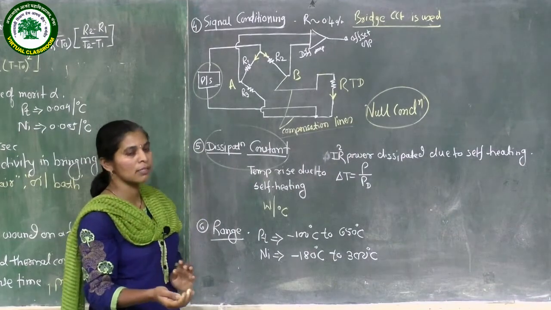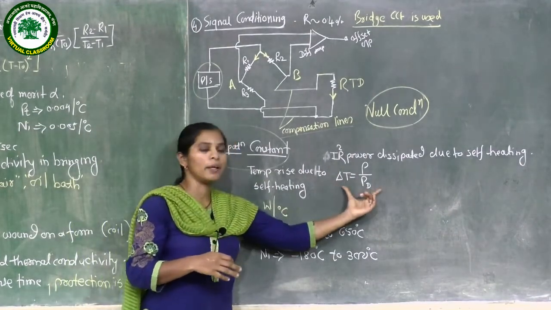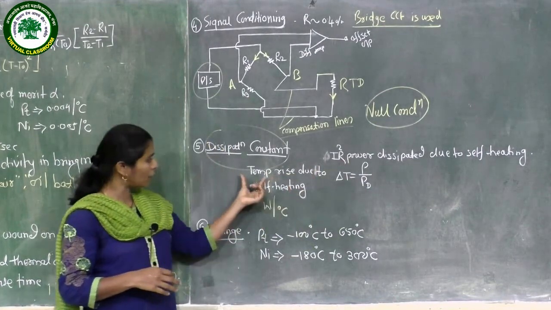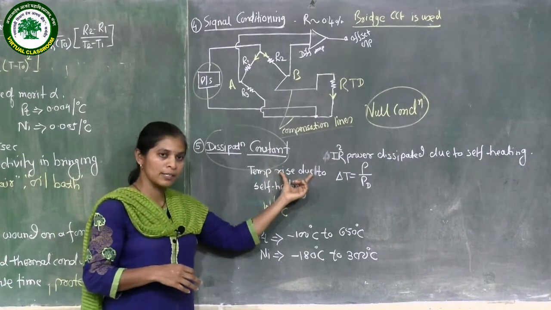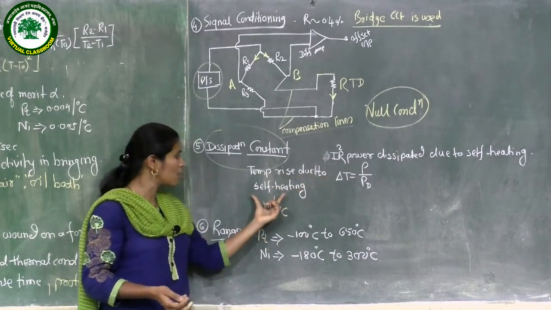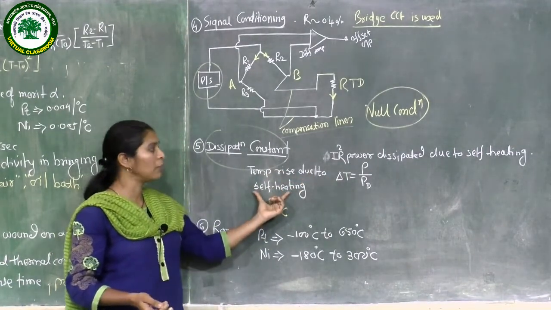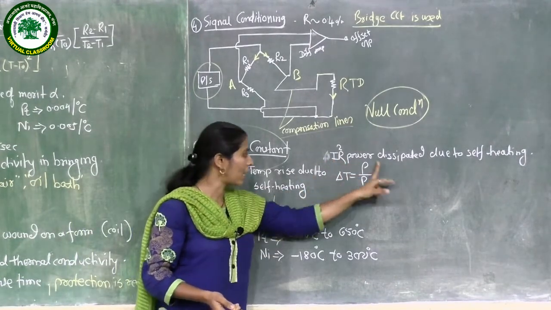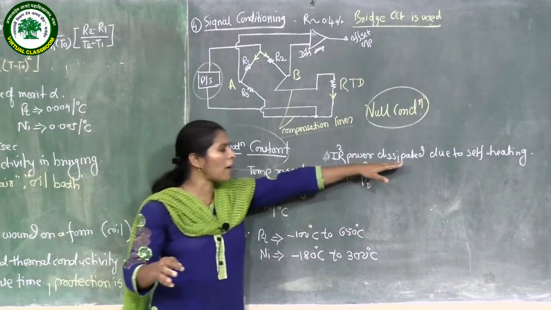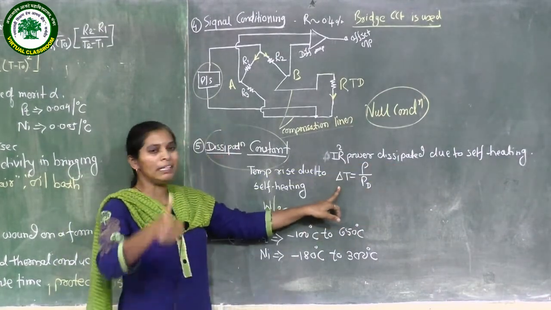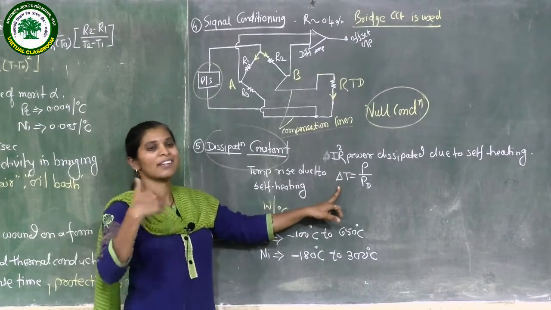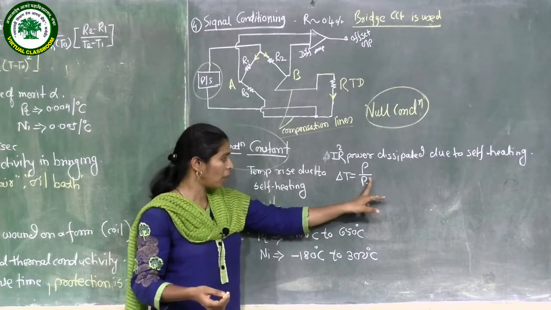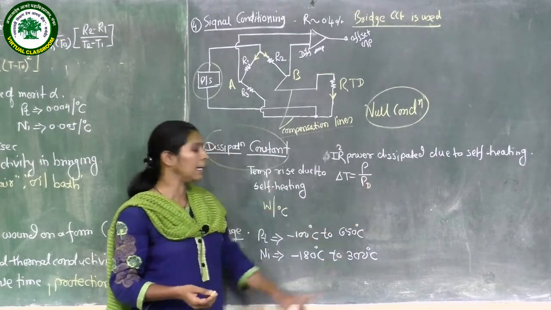So self-heating means there is an increase in temperature due to I square R. So we have written temperature rise. Why so? Because of the self-heating. Why self-heating? Because there is power dissipated, given by I square R, and therefore the power dissipated causes an unnecessary increase in temperature, which we don't want. It is the error. So therefore that delta T is given by P upon PD,